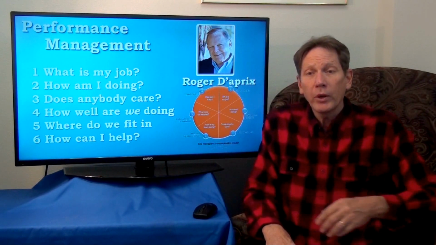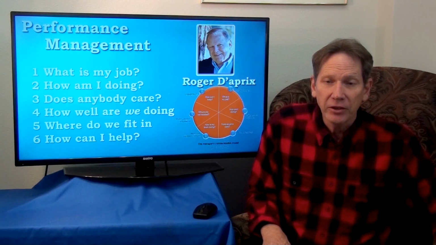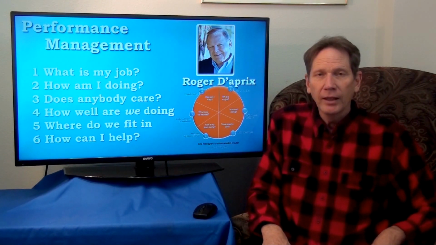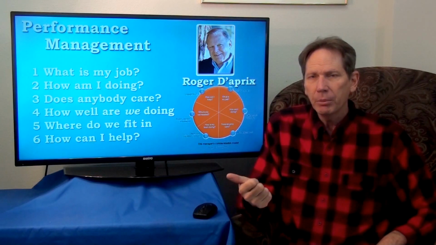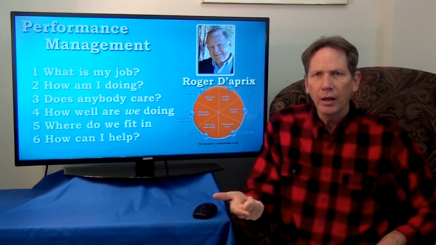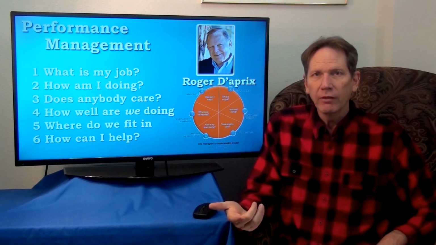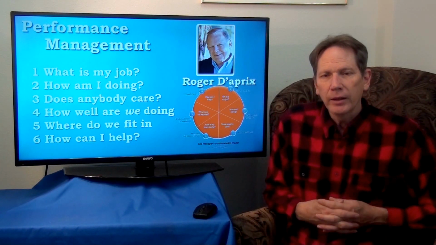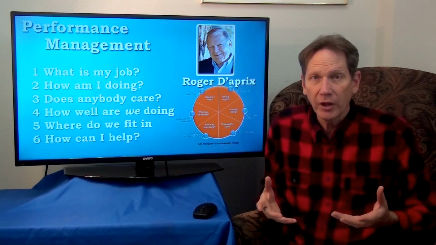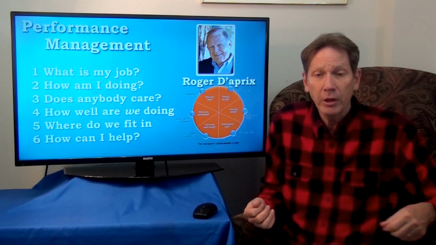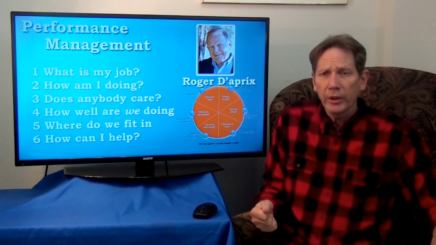Once these first 5 questions are answered, according to Mr. Dupree, people ask you the 6th question: how can I help make this better? Because people want to be inspired. People want to be part of something that's worthwhile in their organization. We take meaning as people from the work that we do. And we do want to help. There's a practical side: we want the company to succeed so we don't get laid off. But also we do want the meaning, and we will help as employees.